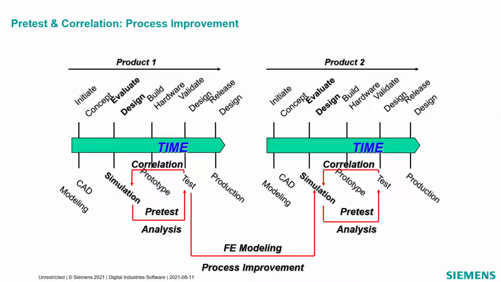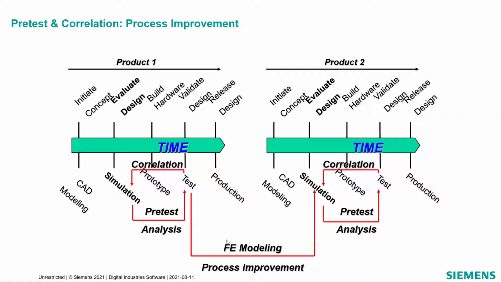Yeah, so our general goal is not to eliminate testing from the development of a product, but to be able to reduce the development cycle or the development time by using that test data to calibrate our simulation models and do as much of the design in the digital space as we possibly can. Is that right? That is right. But to do it, we need to be checking those assumptions in the digital space.